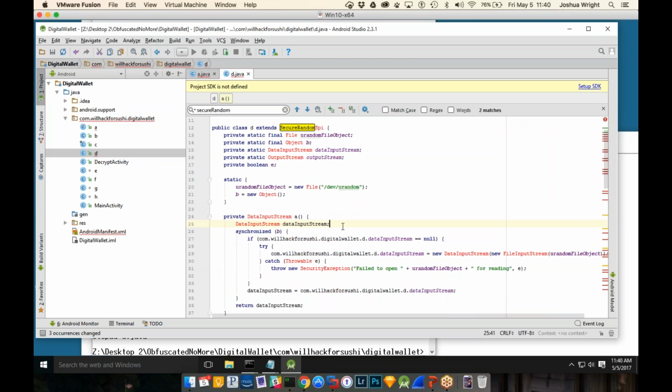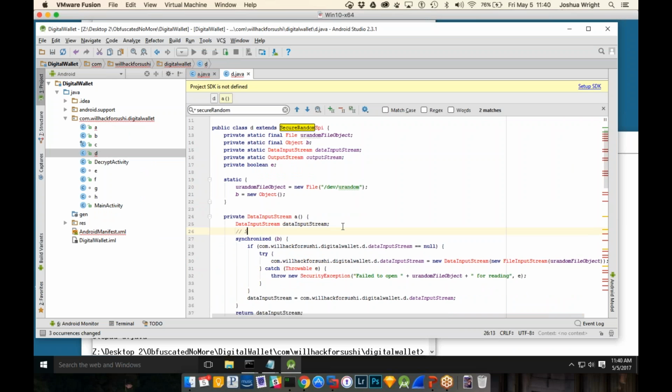So a synchronized block is used for things like threading, and I've just added a little description, a slash to start a comment, and then I add synchronized block, maybe threading for dev-urandom object, because I see it's associated with that random file object. That's probably what's going on here. So I can even, again, rename this. Oops. Rename that to